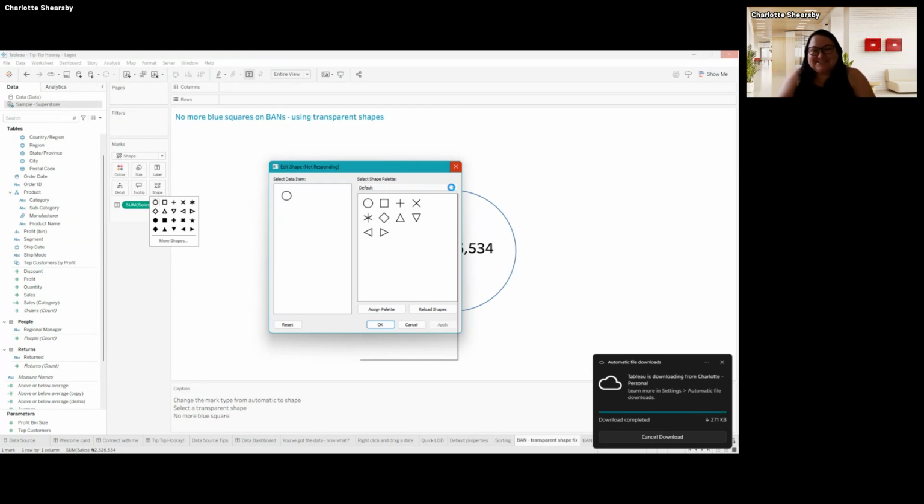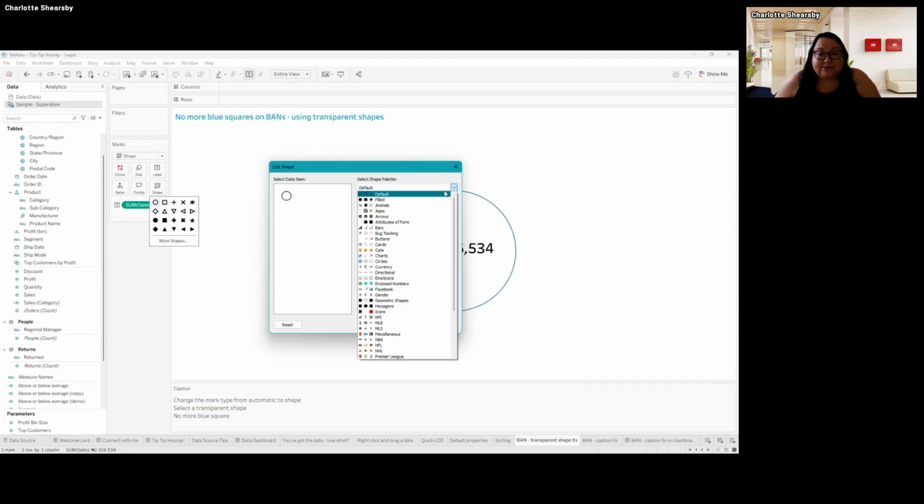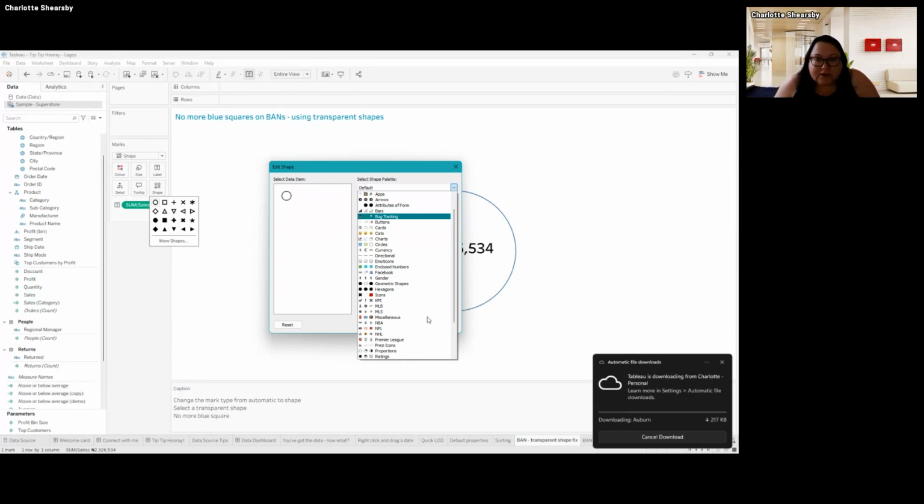You can add to your shape files whatever shapes you like, and you can make your shapes however you like. You can use PowerPoint to make your shapes. You can use all sorts of things, or you can do like I did and steal them from the Flurledge twins. So if I come down here, I should have somewhere in here.